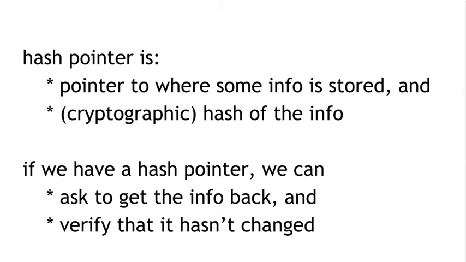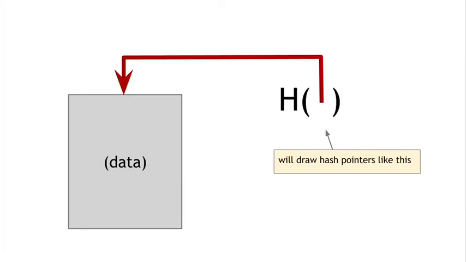So whereas a regular pointer gives you a way to retrieve the information, a hash pointer is going to let us ask to get the information back. And it's also going to let us verify that the information hasn't changed. So a hash pointer tells us where something is and what its value was. Okay, and we're going to draw a hash pointer in diagrams like this. We're going to have h of and then an arrow that points to something. So anything drawn like this, think of it as being a hash pointer to this thing. It's a pointer to where it's stored, and it's also the hash of the value that this data had